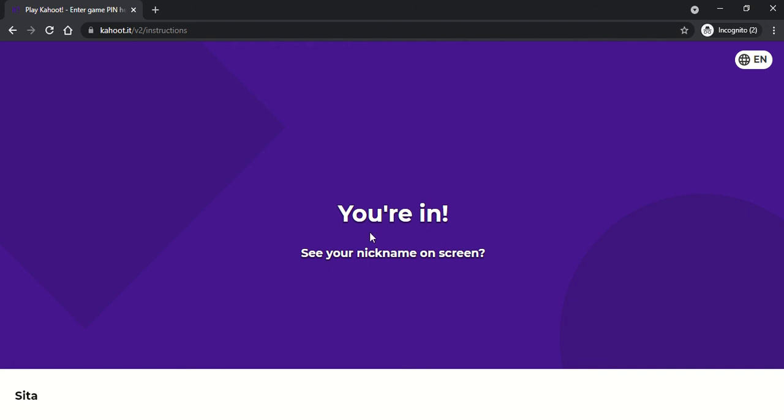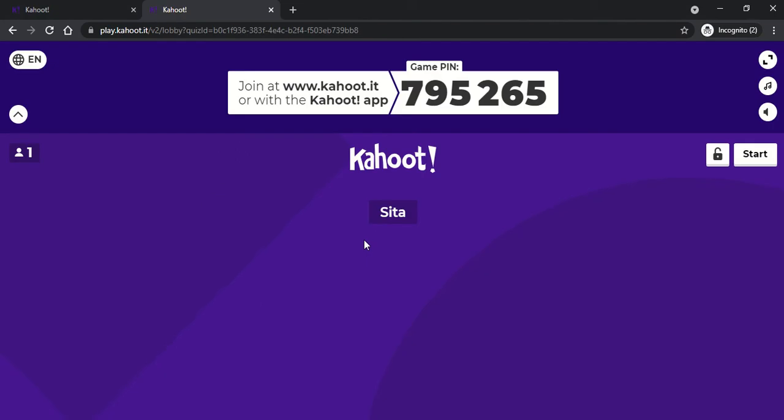So this is how the student screen will be now. After entering his name, it will be like this. At the same time, this is how the faculty screen would look. So student Sita entered. You can see Sita entered here. You can see on the left side, player is 1. Okay, I would do it again. I'll try to enter another player also, so that we can see the difference between both of them, how they are playing.